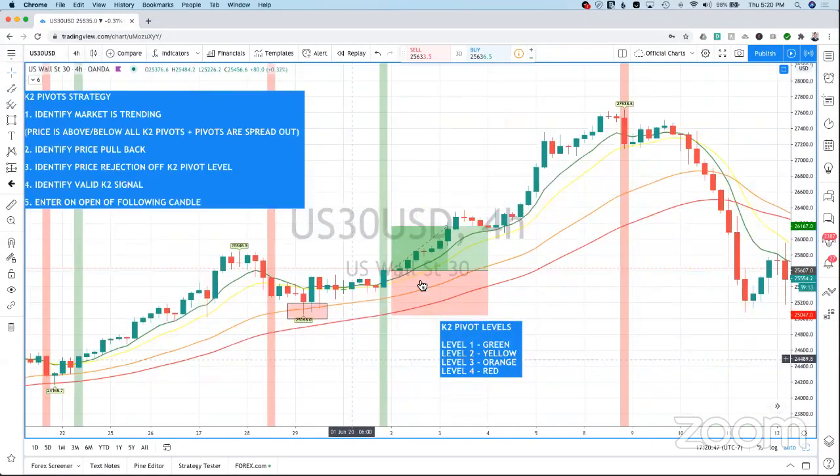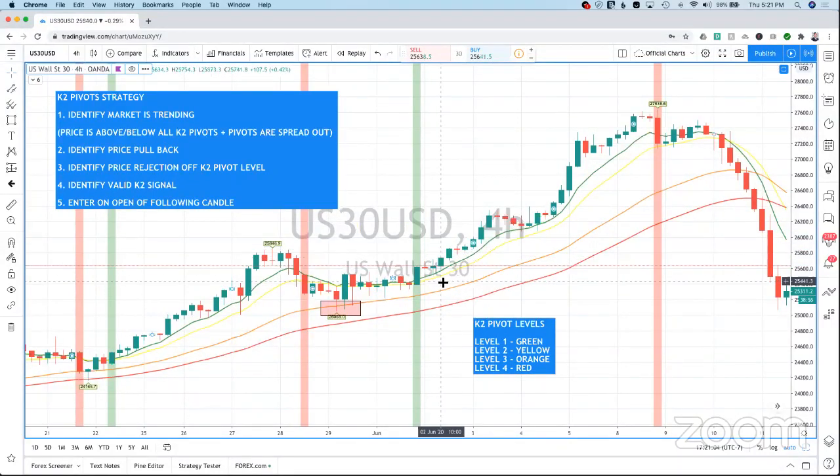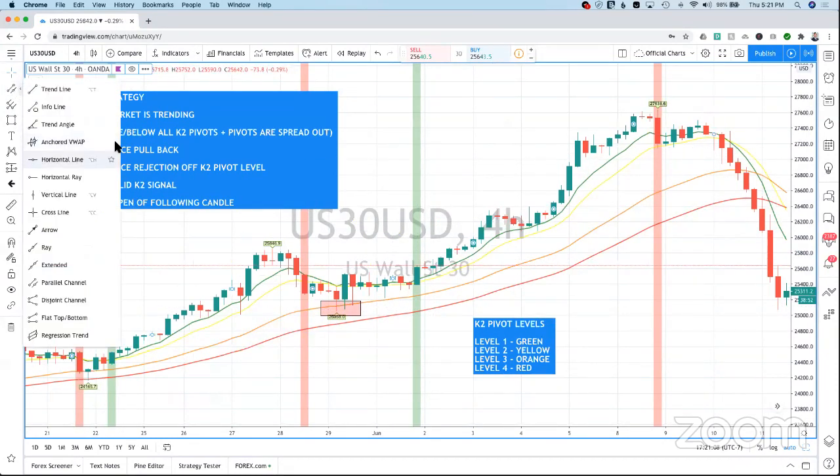In this situation, there's a lot of ways to apply your exit strategy. One way is to, obviously, put a TP. Another way is to trail your stop. Another way that's a little more advanced, but it can make you a ton of money, is, as price moves above, you can move your stop loss